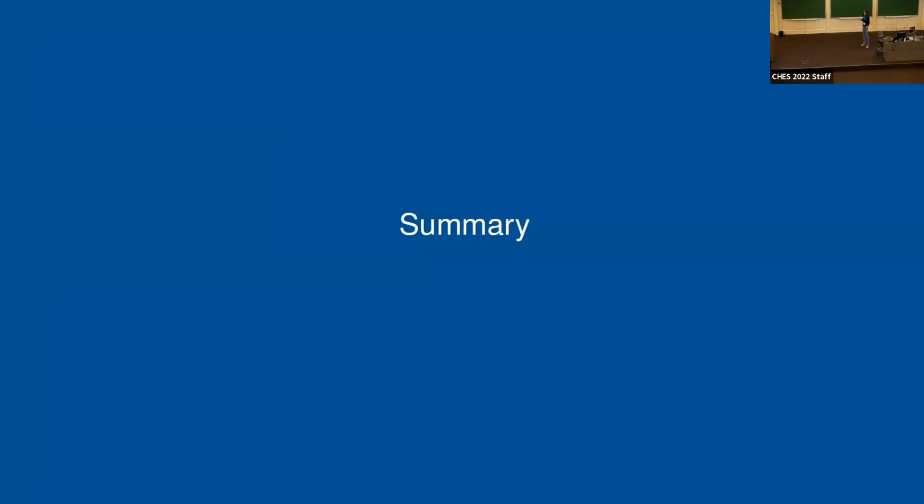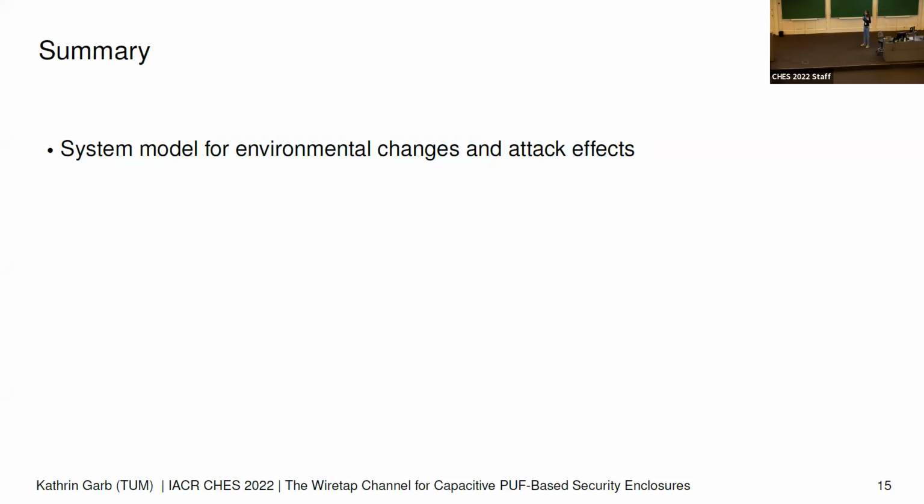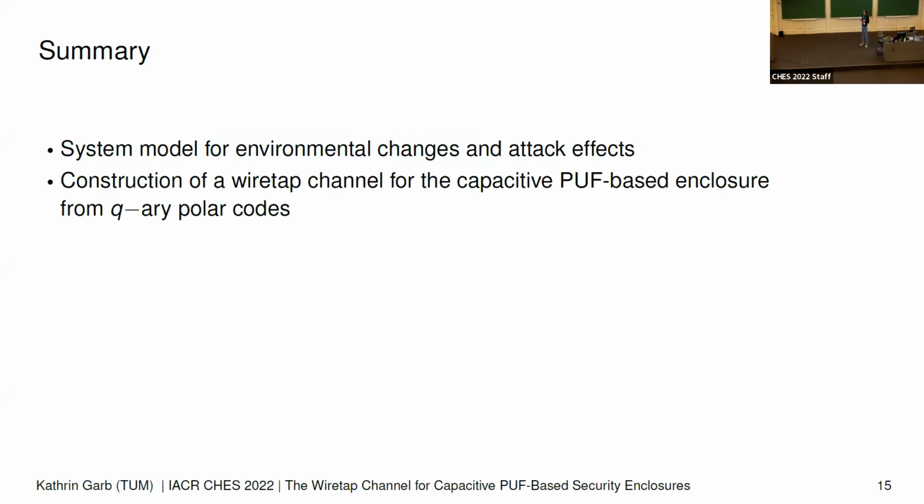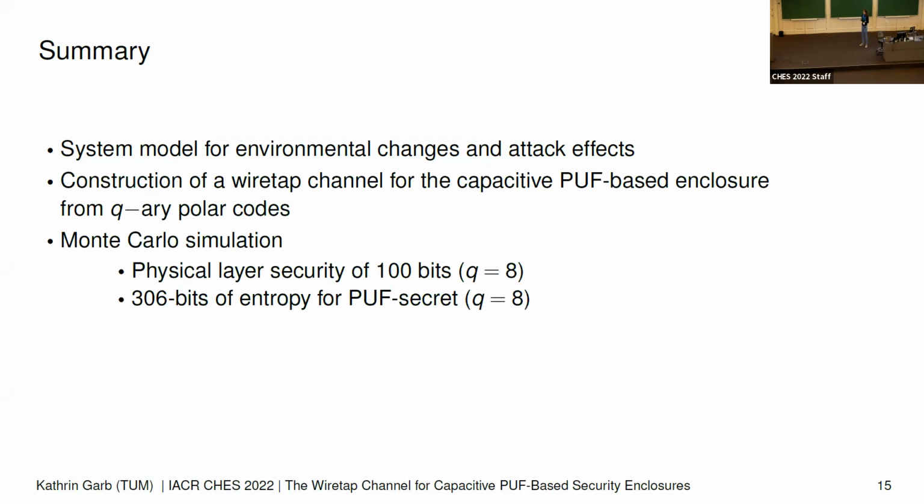So to summarize what we did, we provided a system model for the PUF response considering thermal changes and the effect of an attack. Then from the system model, we constructed a Wiretap channel for the enclosure using QR polar codes, and we did this through a Monte Carlo simulation. For the Monte Carlo simulation, we obtained a security level of 100 bits